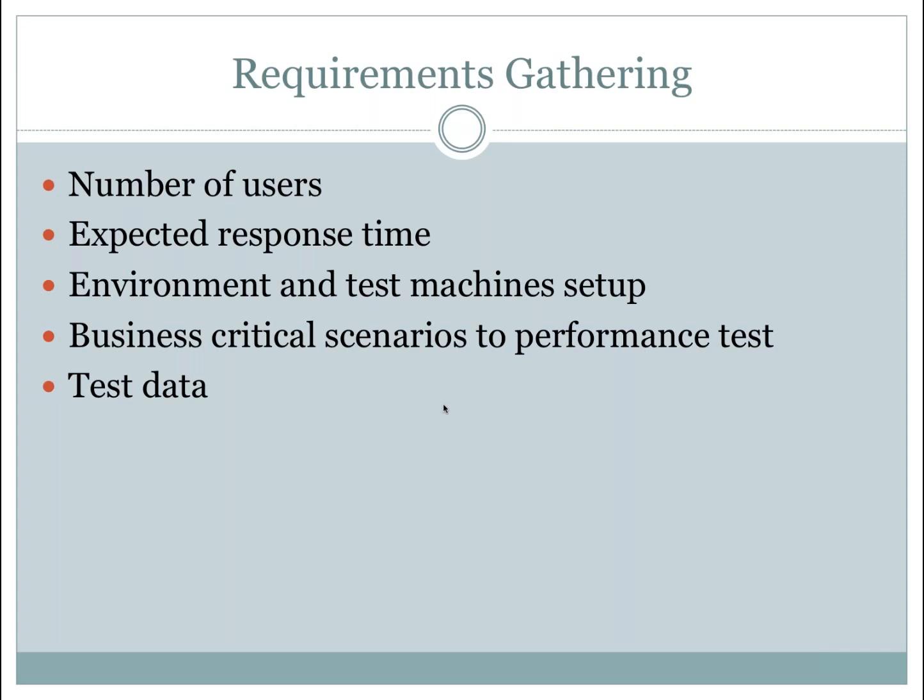And if I don't have these details, I ask for them explicitly if they are not captured in our NFR document. Additionally, I can list some requirements we need to ask about: are there any business processes which are prone to performance failures, or are there any pages which are expected to attract a large number of users? And at this point, it is also prudent to ask for the test data that you are expecting to use in your testing.